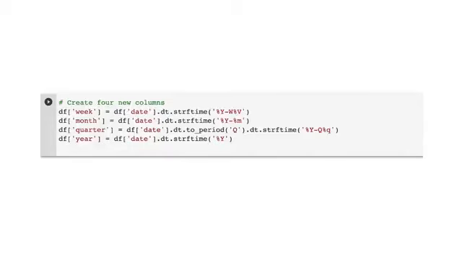Okay, this is the exciting part. Because our dates are converted into pandas date-time objects, we can create any sort of date grouping we want. Let's say, for example, we want to group the lightning strike data by both week and quarter. All we would need to do is create some new columns. You'll see here we're creating 4 new columns: week, month, quarter, and year. With the first line of code, we're creating a column week by taking the data in the date column and using the function strftime.